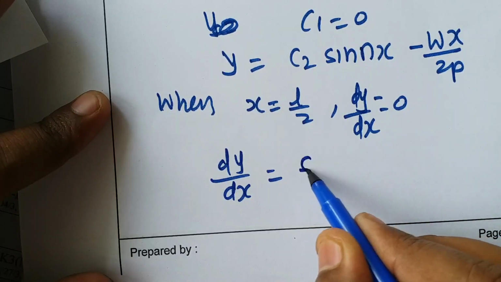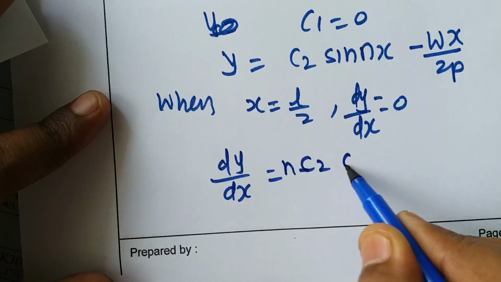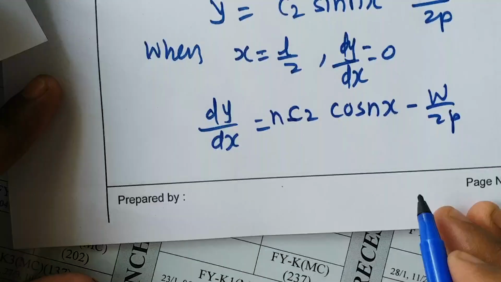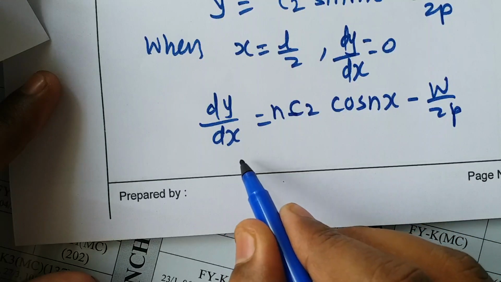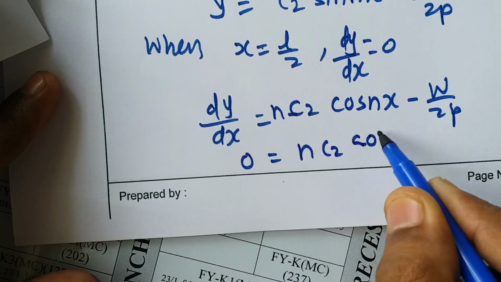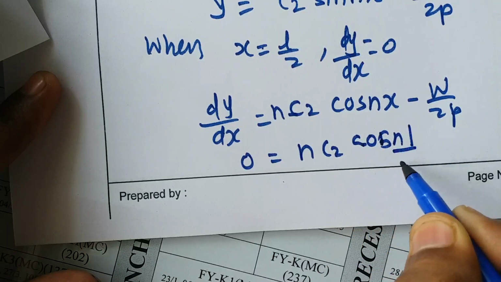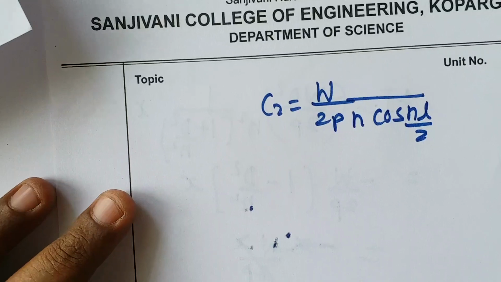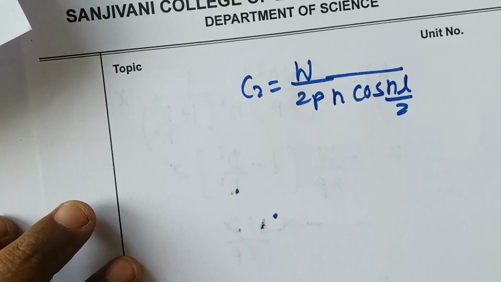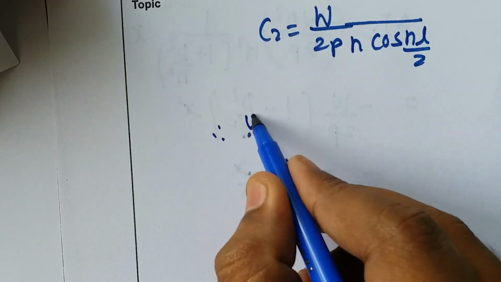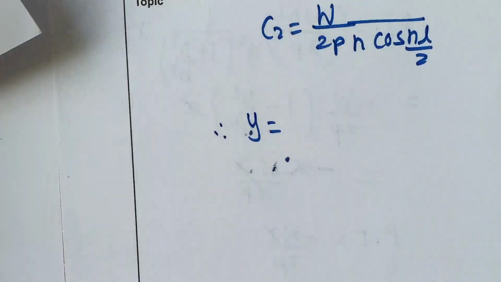minus c2 n cos nx minus w by 2p is the value of the derivative. Now put dy by dx 0 and x equal to L by 2. So we'll get n c2 cos n L by 2 minus w by 2p equal to 0. On simplifying, you will get c2 as w by 2pn cos nL by 2. Therefore your y becomes,